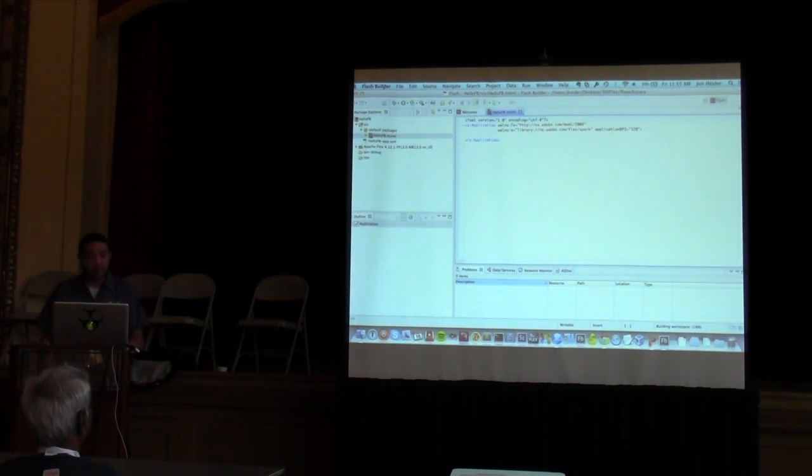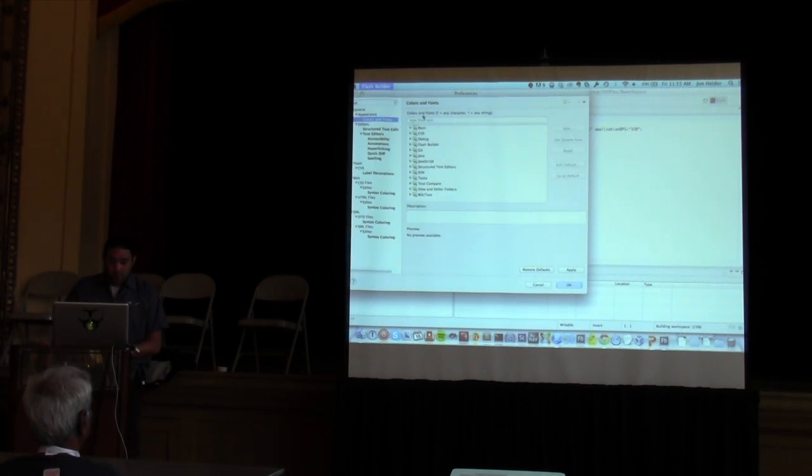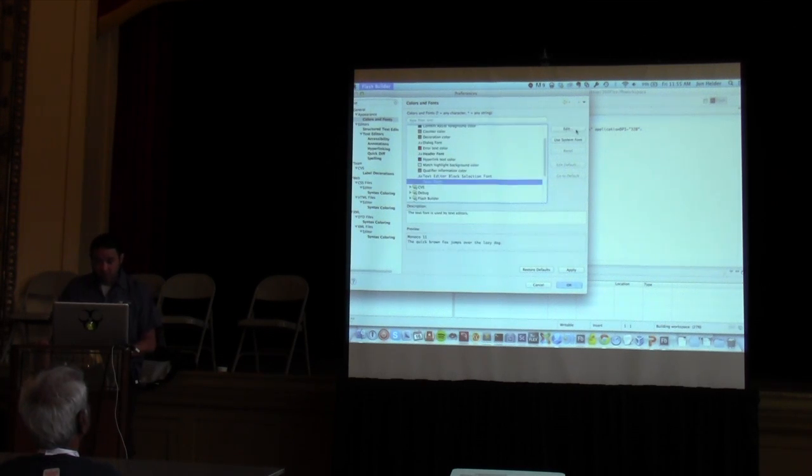All right, so here's my application, and I'm going to modify the text, make it a little bit larger, and basic text, and we'll go with,